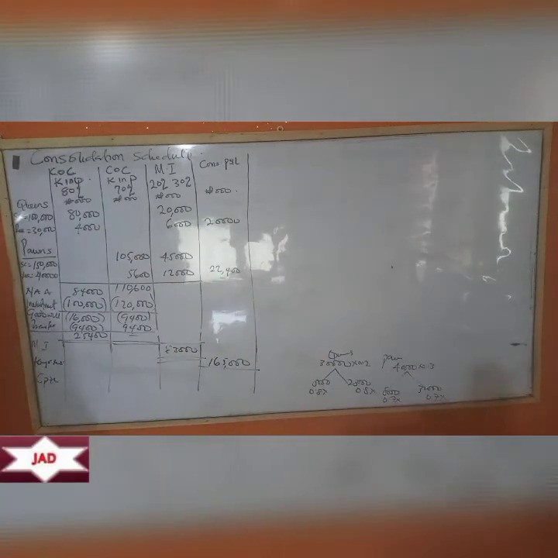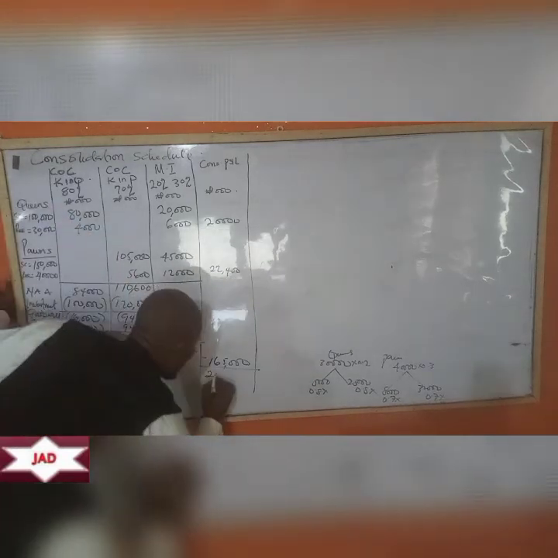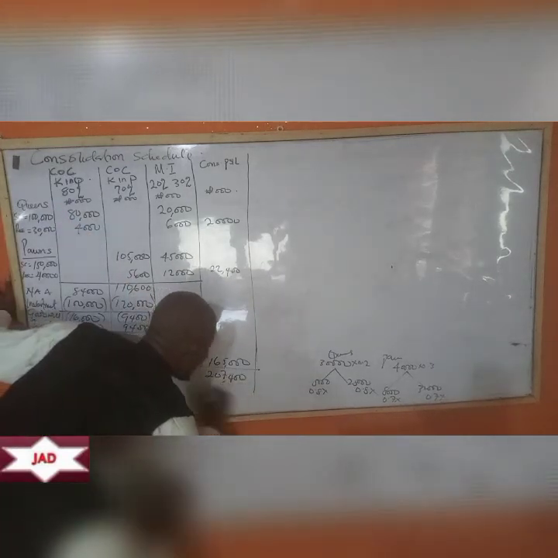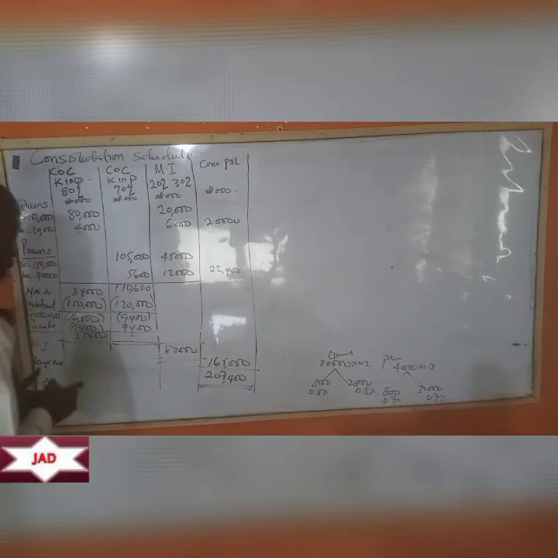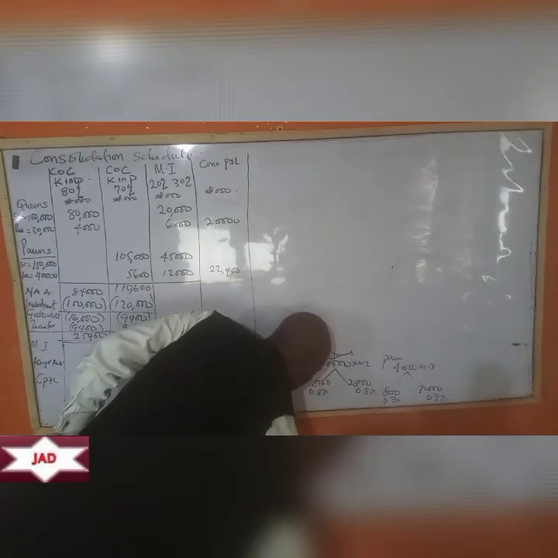So what do we have? 20,000 plus 22,400 plus 165,000, 207,400. So that is it for the consolidated